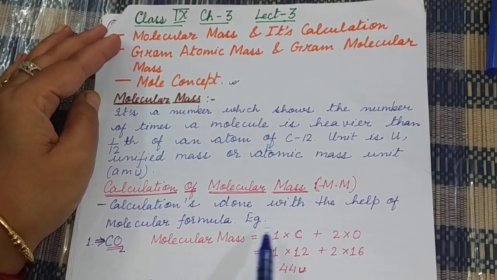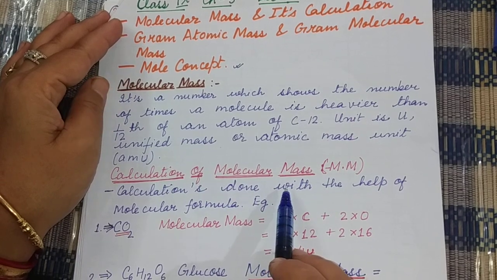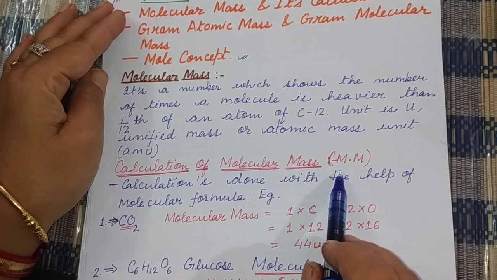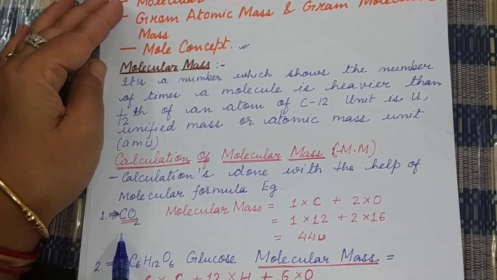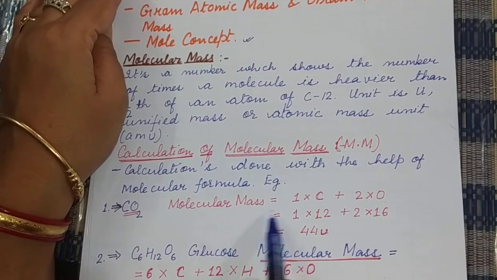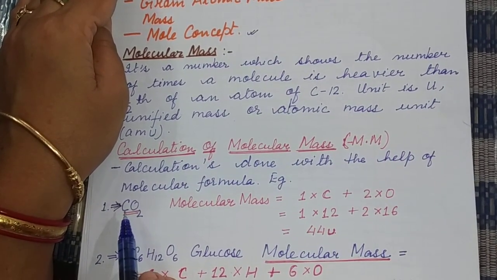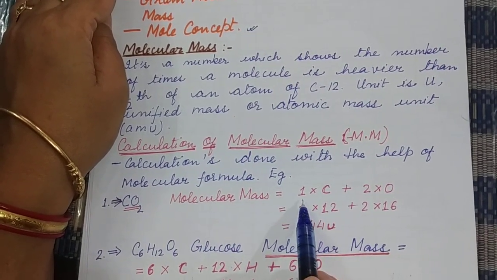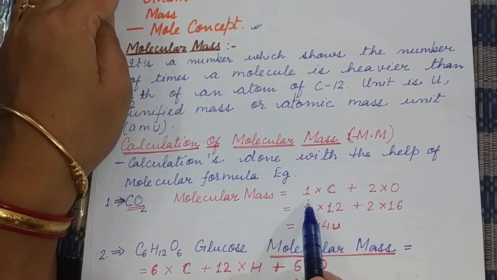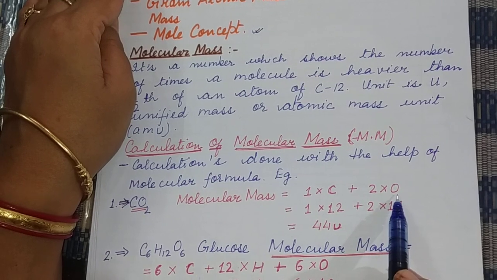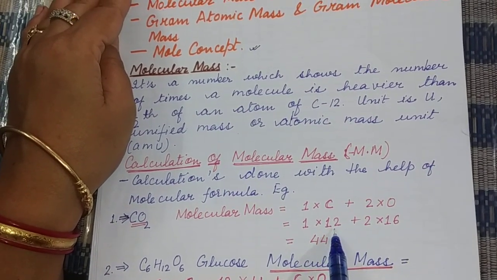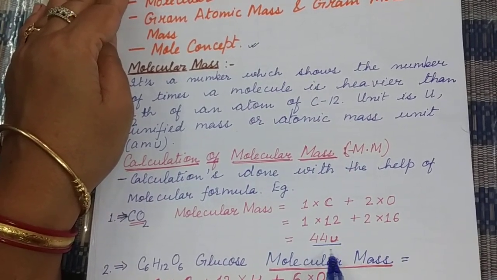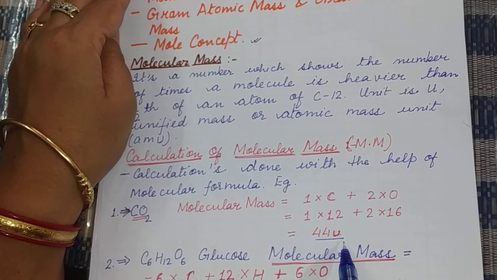Now come, with the help of certain examples, let me explain to you the concept of molecular mass. The abbreviation that I am using is MM, that is capital MM. Let us calculate the molecular mass of carbon dioxide. You can see the carbon dioxide molecule is made up of one atom of carbon and two atoms of oxygen. So molecular mass can be written as 1 into C, because one atom of carbon is there, plus 2 into O. By putting the values of atomic masses of these elements, we get the molecular mass of carbon dioxide as 44 U.